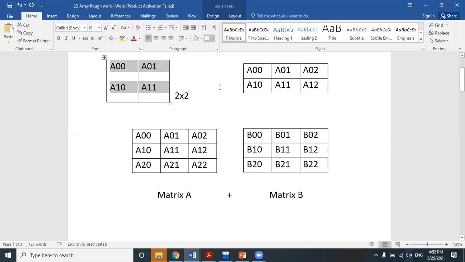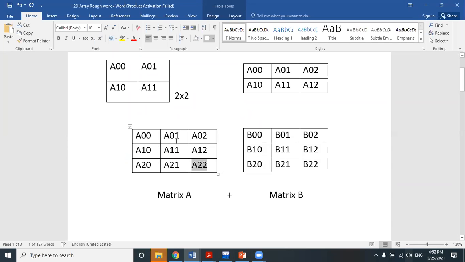Understand this? Yes, sir. So in case of a 3 cross 3 matrix, we will do the same logic here. These 3 diagonal elements are called the diagonal elements of this matrix: A00, A11, and A22. The diagonal elements' indices are always similar, both I and J should be the same. So both row and column, R and C, will be similar in case of diagonal elements. Right. So we will execute.